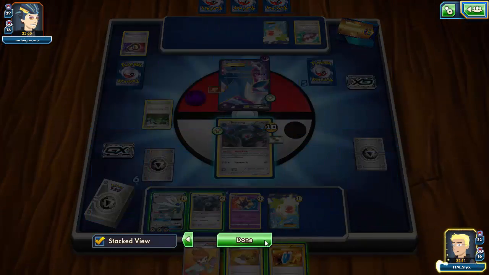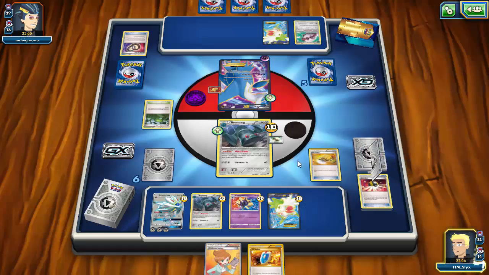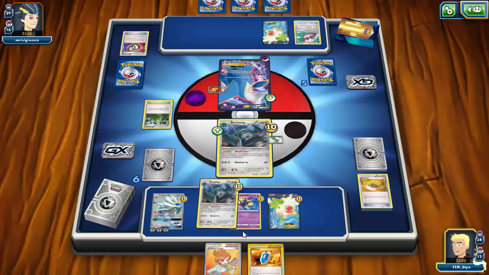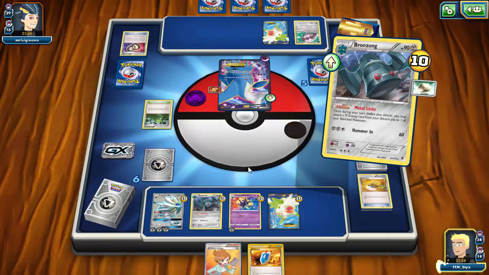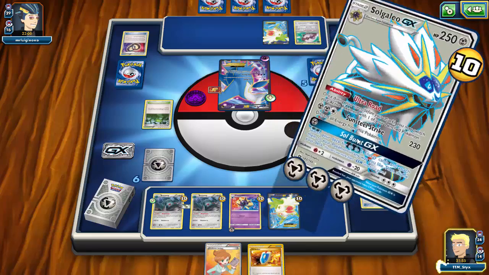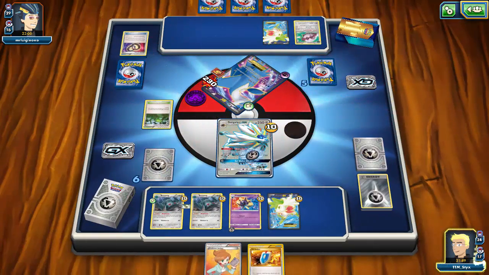And see, at this point, as long as I have a manual attachment for the turn, I will be able to just have Sunsteel Strike after Sunsteel Strike. I'm just going to go ahead and put the Shaymin and the other Bronzor back in my deck. Metal Links onto the Cosmoem on the bench, and yeah, just have another potential Solgaleo ready next turn. And then let's go ahead and Sunsteel Strike, destroy this Latios-EX, take 2 prizes, and really, I don't think...